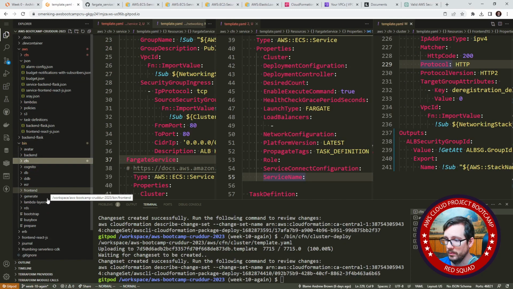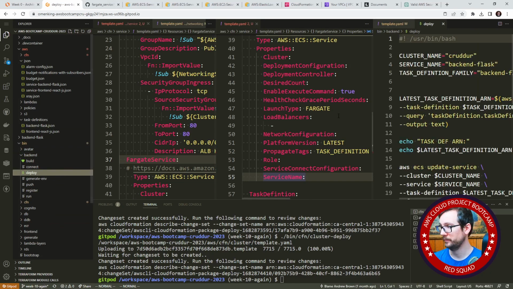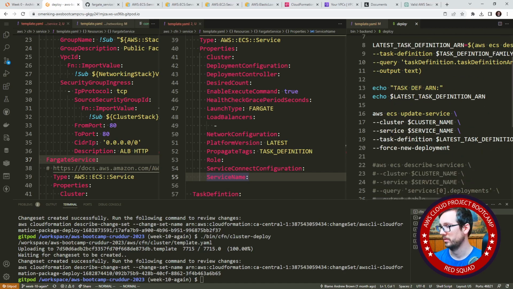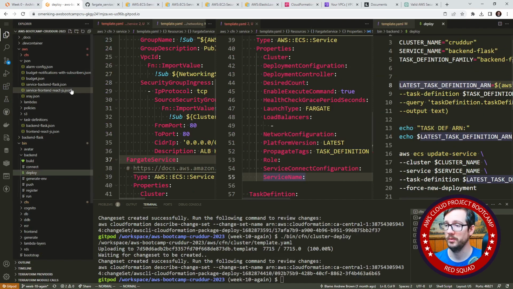We're doing backend, so we'll go backend here, backend, and we'll go in here and go to deploy. I mean, we really don't do too much here, do we? Don't we have a file for this? I believe we do. If we go into service backend,